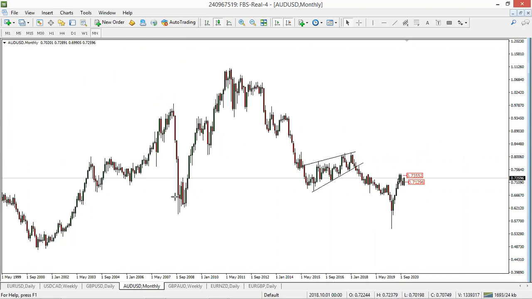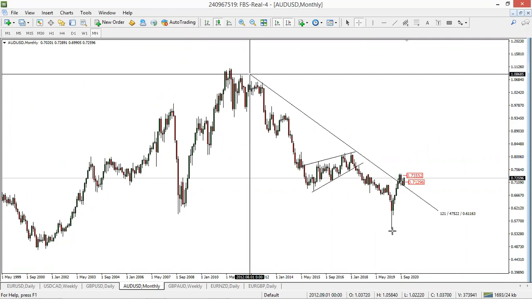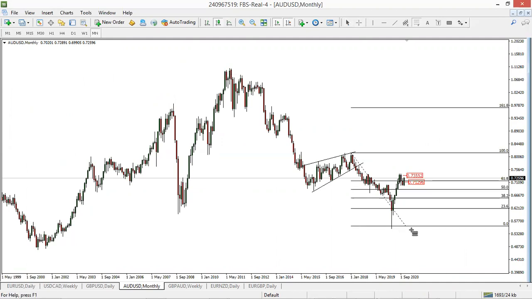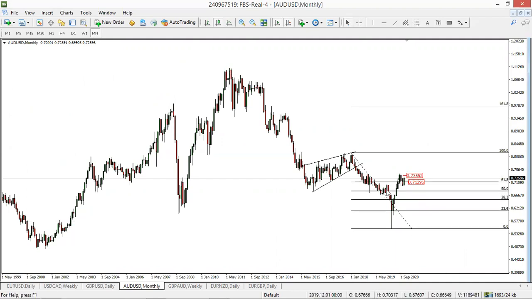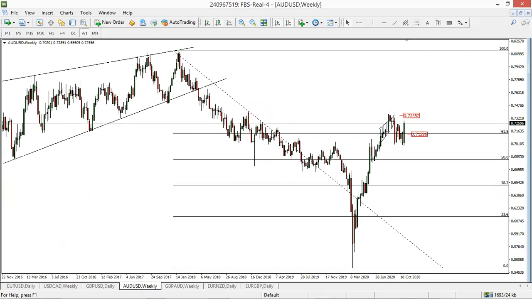Price is bouncing off support, monthly support here after a long downtrend, right? Price bouncing off the monthly support. This is a double bottom here, and price is retracing. As a retracement, I want to see if price has gotten to a good retracement level or a good support and resistance level, with the stochastic, with the